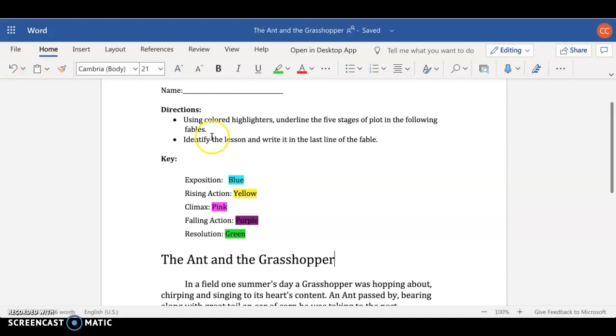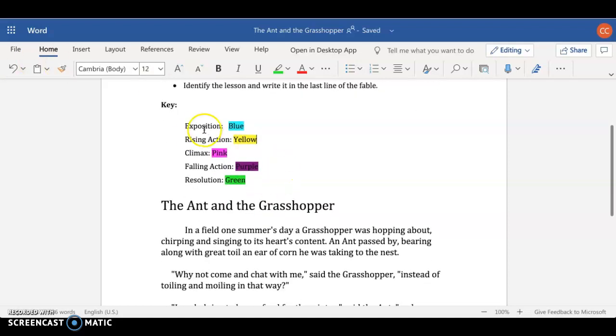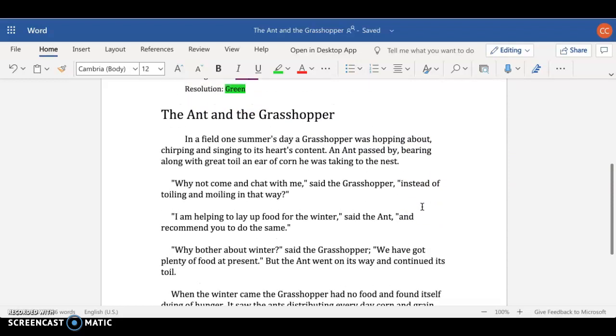So we have our key. Our key says our exposition will be blue, our rising action will be yellow, our climax will be pink, our falling action will be purple, and our resolution will be green. I'm going to read it through first, and then we're going to go back through and highlight our different parts